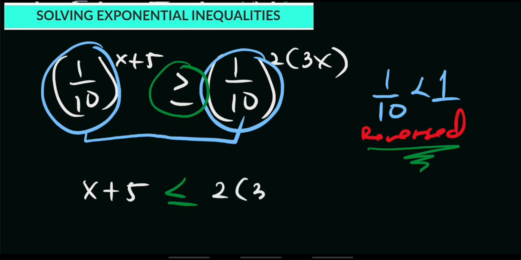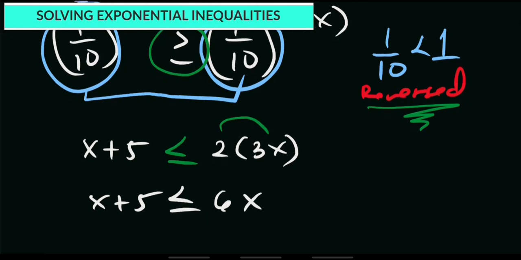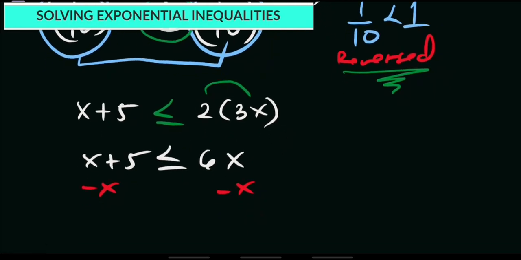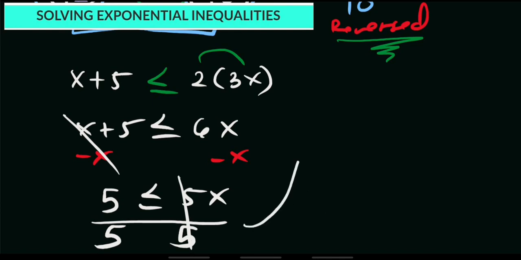And then, copy our remaining exponent. We have 2 times 3x. Okay? And then, solve for value of x lang. So, let's simplify this 2 times 3x. So, magkakaroon tayo ng x plus 5. That is less than or equal to 2 times 3x. That is 6x. And then, solve for the value of x lang. Combine like terms. Okay, I think we need to remove x both sides para ma-isolate natin yung terms sa may x. Okay? So, cancel out. Kakaroon tayo ng 5 is less than or equal to 6x minus x. That is 5x. Okay? And then, since we're asked to solve for the value of x lang, simplify natin, divide both sides by 5, cancel out, therefore, x is,